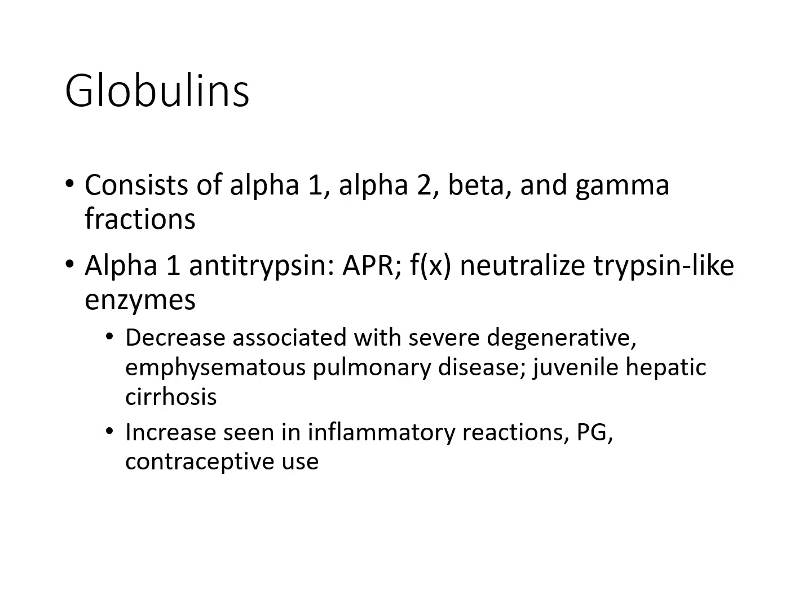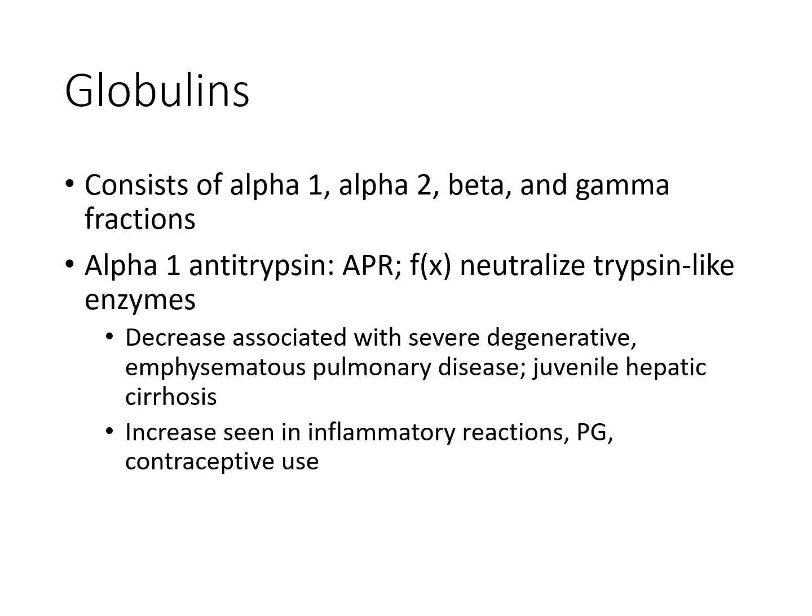The globulins are a group of plasma proteins that are divided into several different fractions. We have alpha 1, alpha 2, beta, and gamma. So for the alpha 1, we have alpha 1 antitrypsin. It is an acute phase reactant, and it functions primarily to neutralize trypsin-like enzymes, which helps to protect tissues from